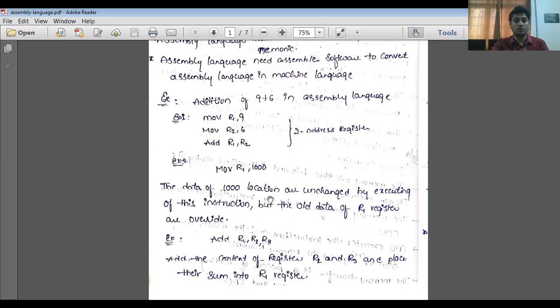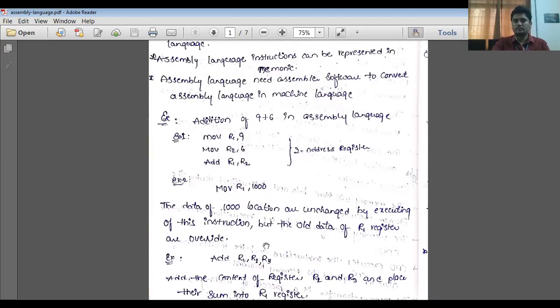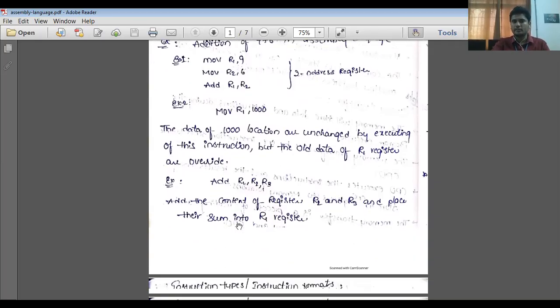Whatever code you are writing using C, C++, Java, Python, Oracle, whatever the programming language, how are the backend processes running, how is the system executing your program, how are instructions executed? By using assembly language, since the system only understands assembly language instead of programming language. So the data of 1000 locations is unchanged by exchanging the instructions, but the old data of the R1 register is